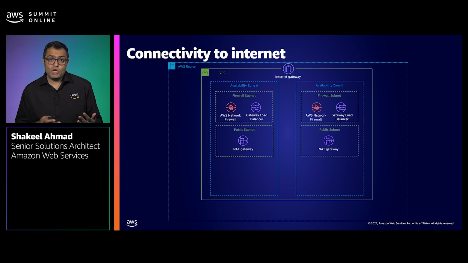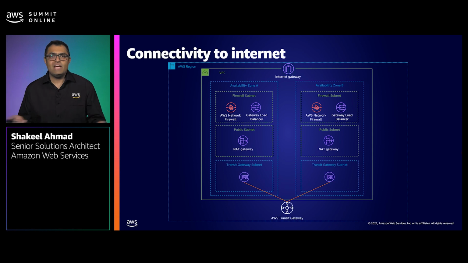Now, this architecture can be standalone for, let's say, individual resources in the VPCs, or you can create a single egress VPC which acts as a single enforcement point for all the egress traffic using Transit Gateway. Ensure that AWS Network Firewall, Gateway Load Balancer, and any other critical resource are configured in multiple availability zones where your workload operates.